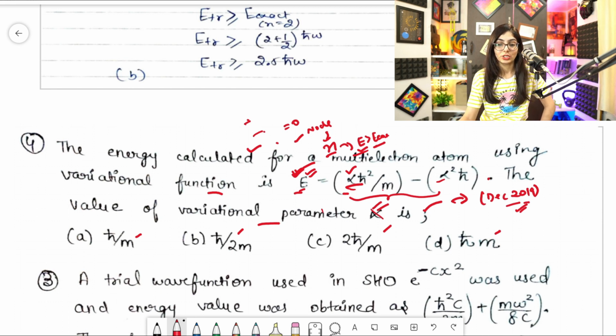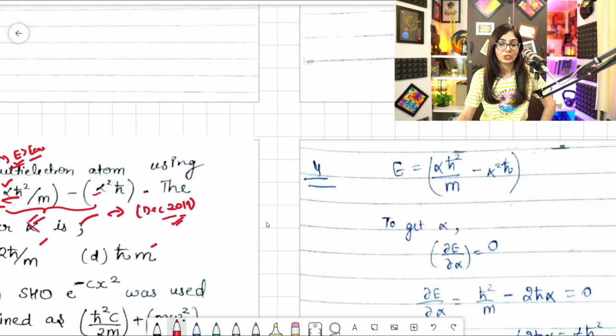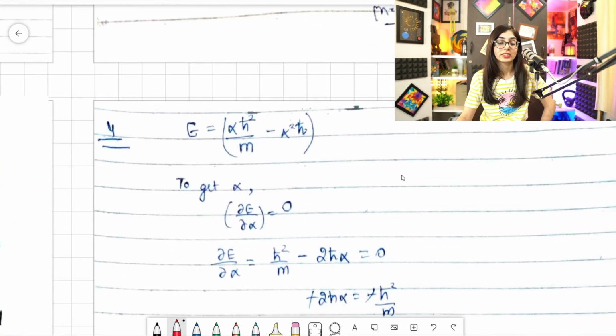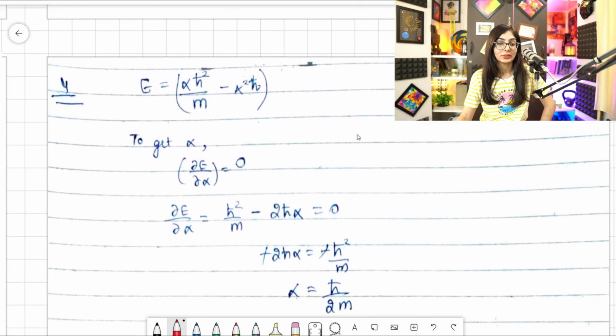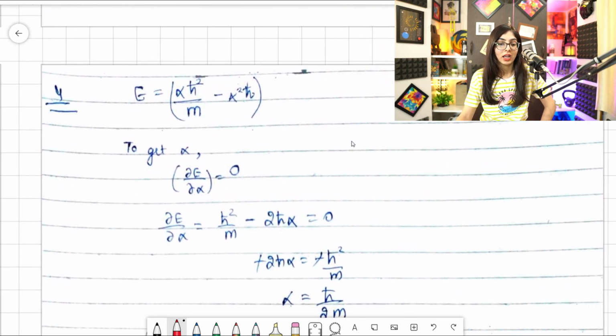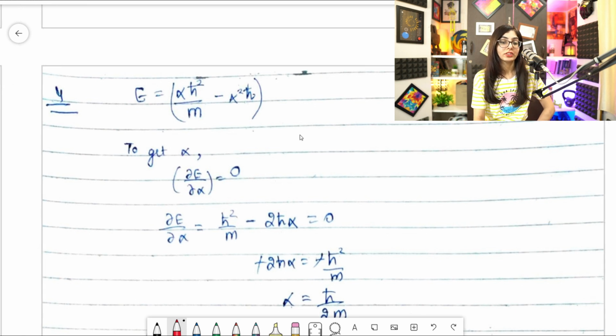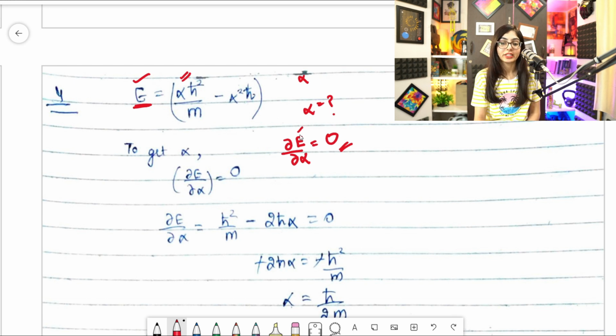For that, just pay attention to the screen. I have written down the solution with me. Here is the solution, and you can see it's very easy. I'll just fit it in the frame, and we are good to go. This is the question, this is the energy, and we need to find the value of alpha. So basically we'll differentiate E with respect to whatever is asked. Alpha is asked, so I'll differentiate this with respect to alpha and put it equal to 0. Now let's see how to solve it further, like how to differentiate E with alpha.